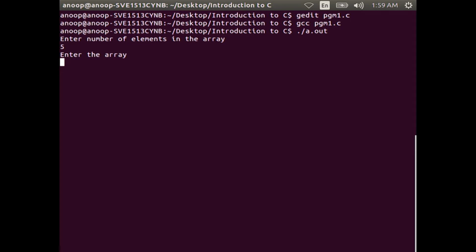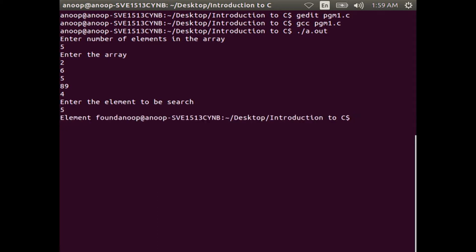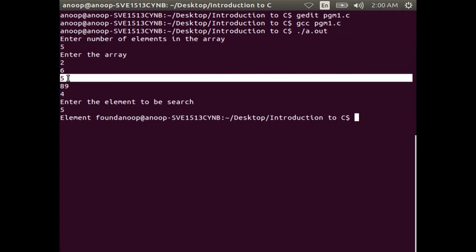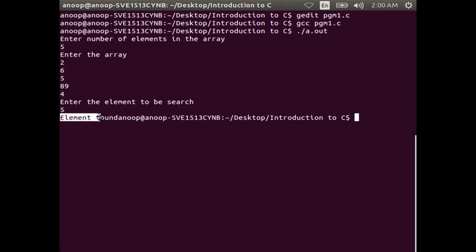There you can enter 5 elements. Suppose you are entering 2, 6, 5, 89, 4. So, after completing the 5 elements, the system will prompt you enter the element to be searched. Suppose you are entering 5 as input. Now, you can see that the program output says the element found.